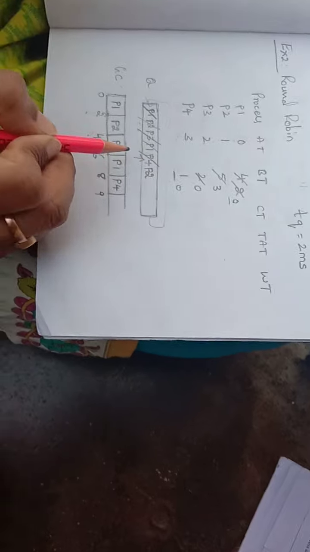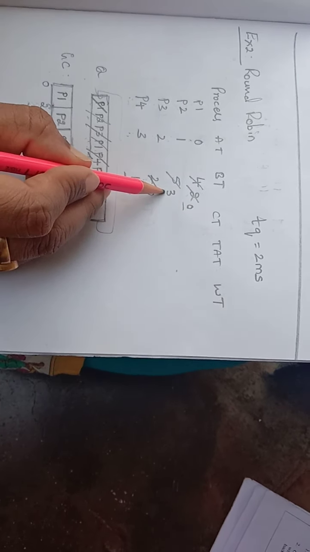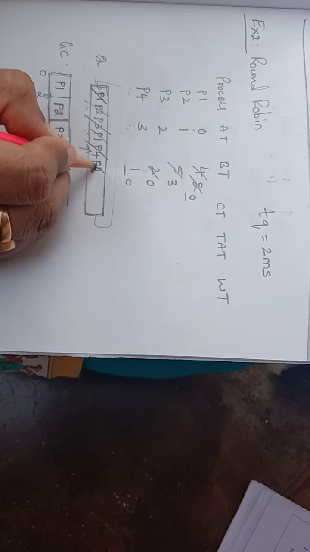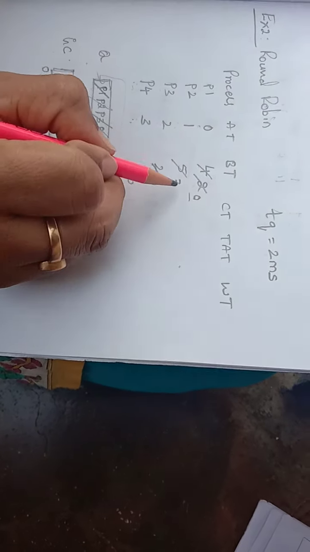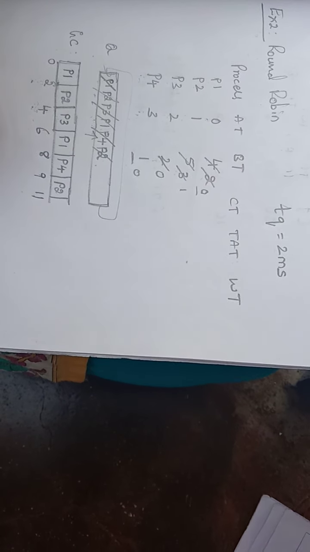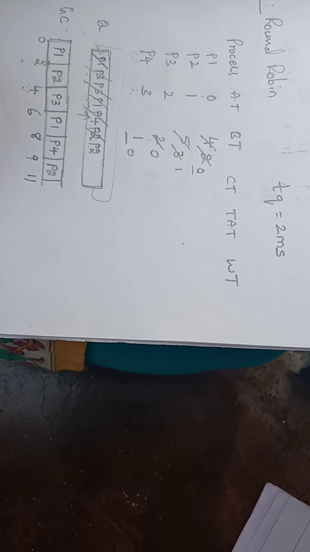So now look at the ready queue. There is only P2 that has been left out. Its burst time is 3. So P2 will be picked and it will be given the CPU for 2 milliseconds, from 9 to 11. So P2 remains with 1 burst time for the next round. For that, P2 will be kept back in the ready queue again.